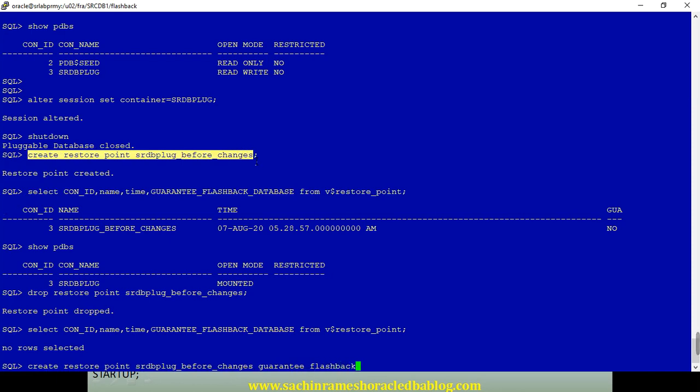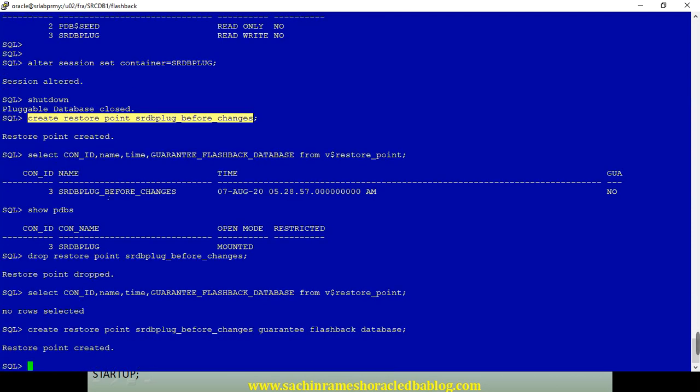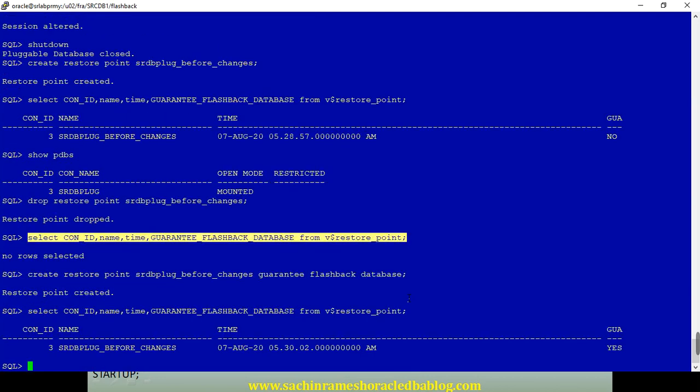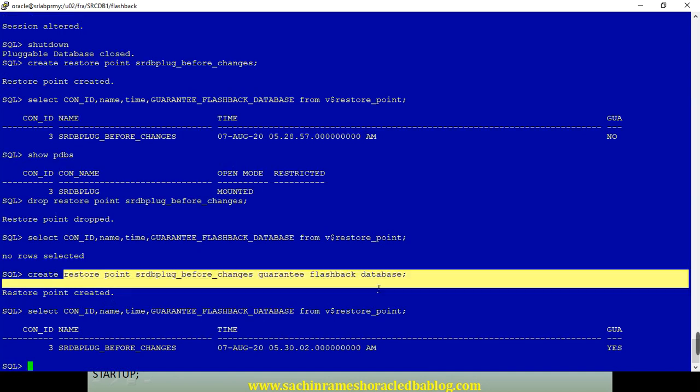So we have created a guarantee flashback clean restore point. It is a clean restore point creation. So again, what we will do is drop the restore point.